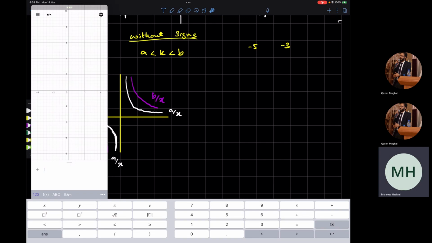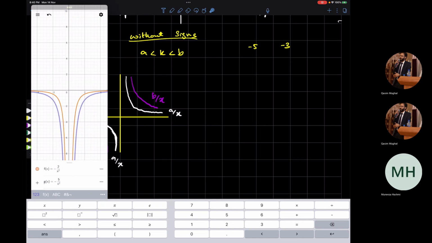Okay, now I'm going to do the graph of minus 2 over x squared. That's the orange graph. Now I'm going to do minus 5 over x squared. Okay, now, technically, if you look, minus 2 is greater number, but I told you you need to look into it without the signs. Now, without the signs, 2 is a smaller number compared to 5. That is why it is a bit closer to the x-axis and the y-axis as compared to the other graph. Okay,